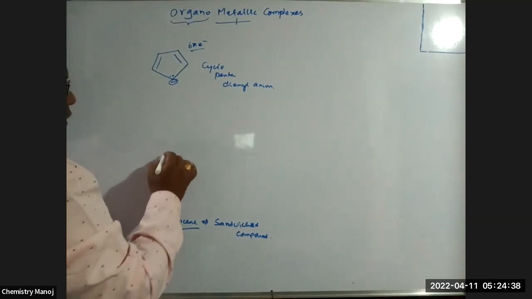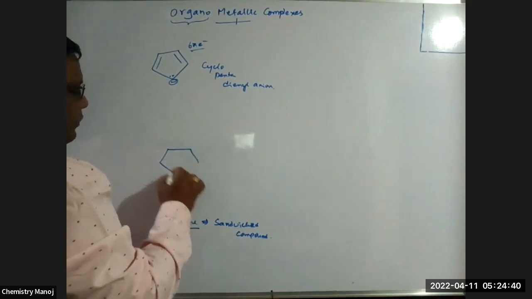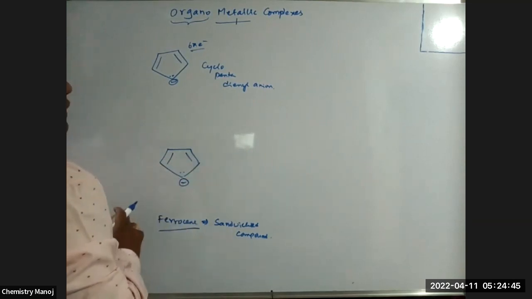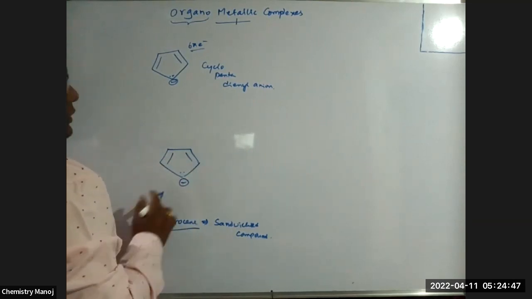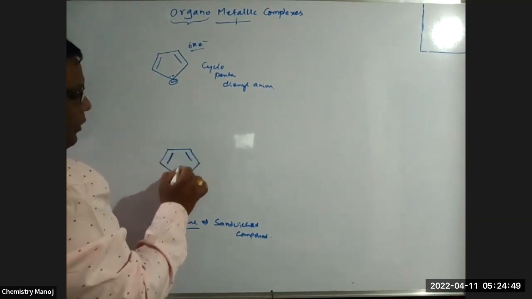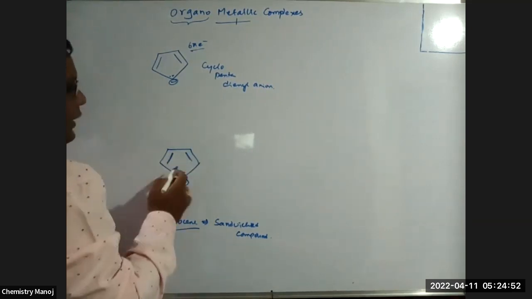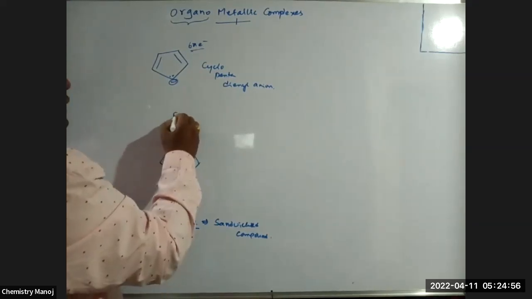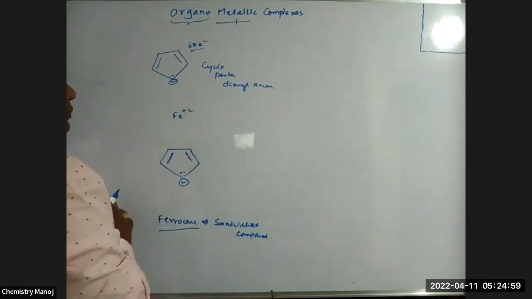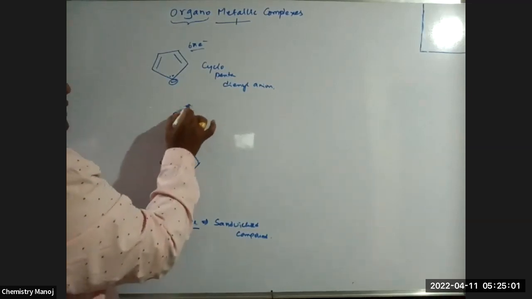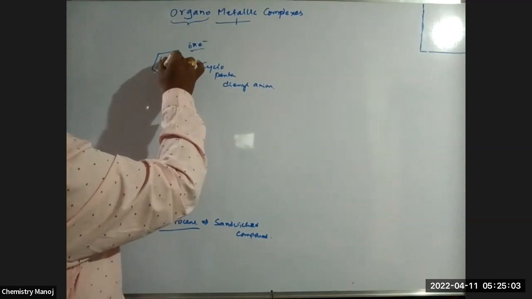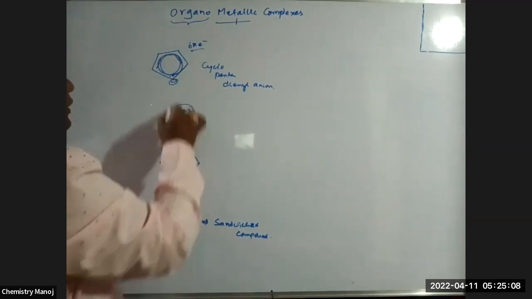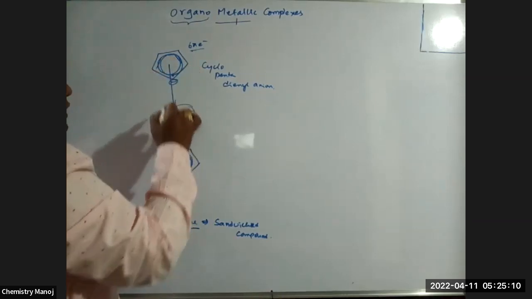Now, similar to this, one more, the same. Cyclopentadienyl anion. See, my dear, this bond and this lone pair are all involved in resonance. Now here Fe plus 2 exists. This is the metal ion. All these three, there is a resonance. Here also there is a resonance. So these pi bonded electrons are donated to this Fe plus 2 ion.